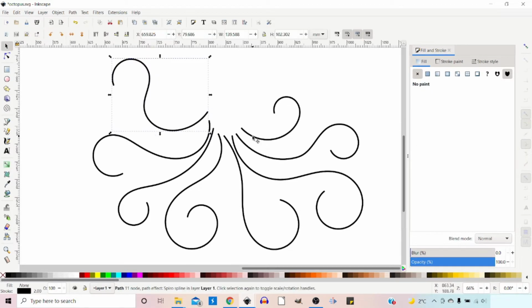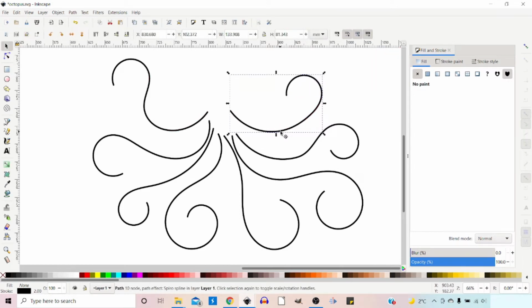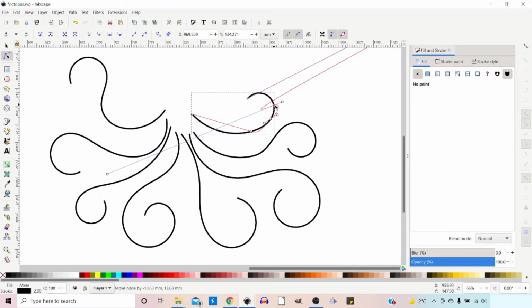There we go. So I'm going to grab my selection tool. I'm just going to realign these slightly. So one could do with being a bit bigger, couldn't it? So let's move it over. Grab our nodes tool. We'll just stretch that one out a bit more, like so. If we go back to the selection tool, I can just move it into position. Perhaps